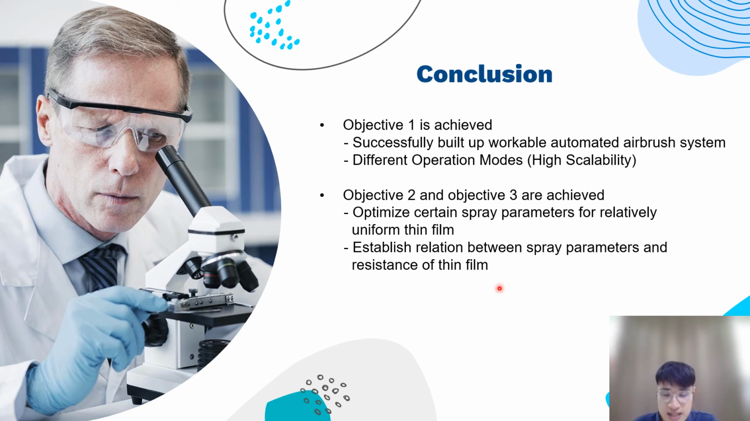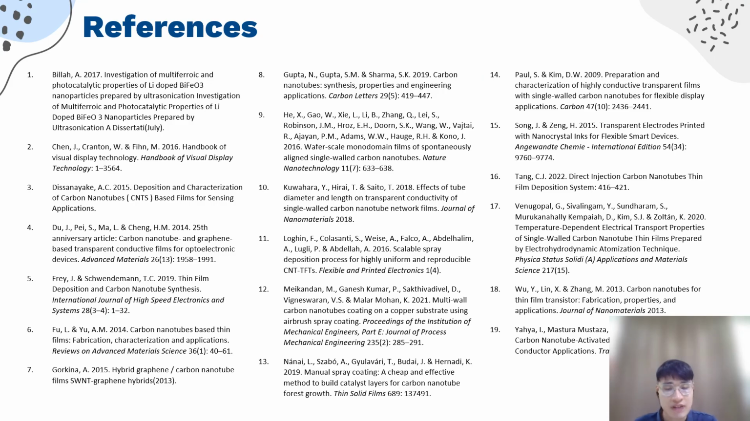And in conclusion, objective one is achieved since a workable automated airbrush system has been successfully built, which provides different operation modes, and we emphasize high scalability so that this automated spraying machine is not only applicable to carbon nanotubes but also to other nanostructured materials. And objectives 2 and 3 are achieved since we have optimized certain spray parameters for a relatively uniform thin film to be reproduced, and also established a relation between spray parameters and the resistance of the thin film. These are the references for my final year